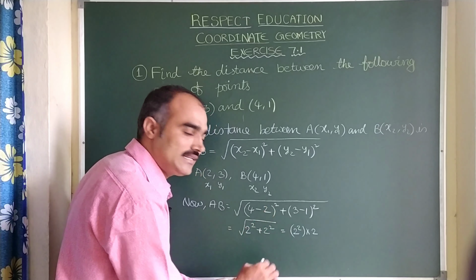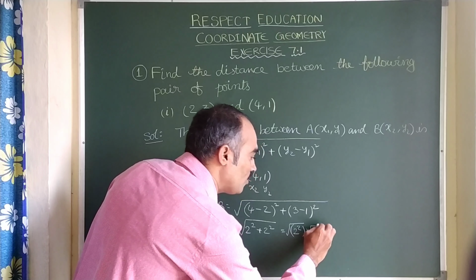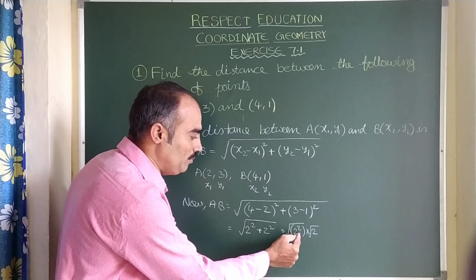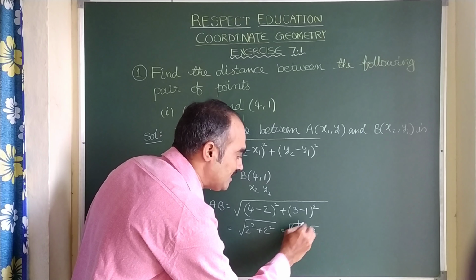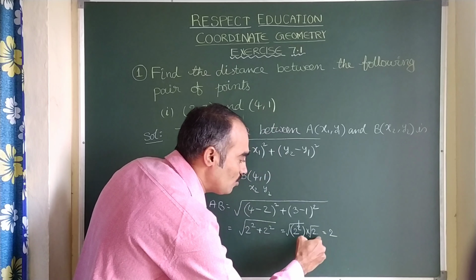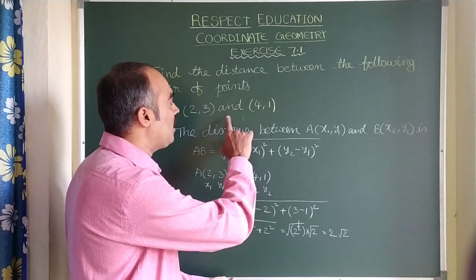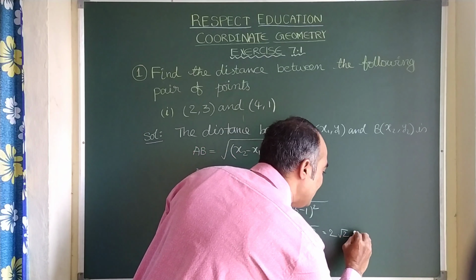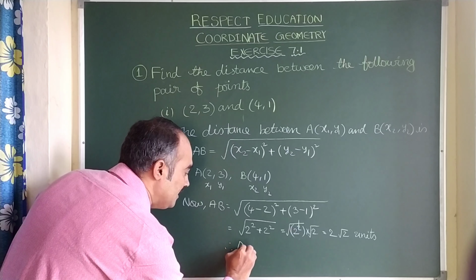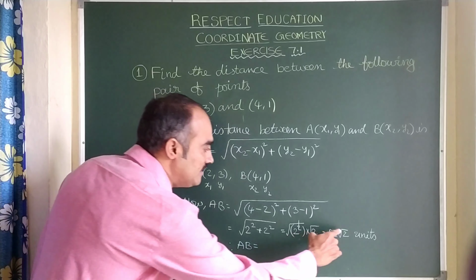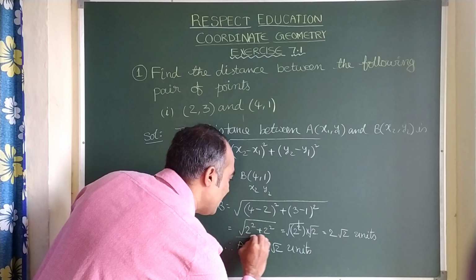Now here square root is there. It can be split for both. For 2 square, 1 root, and 2, 1 root. You see, root of a into b can be split as root a into root b. So here square and root get cancelled. Here you will get 2 and this root 2 will be as it is. So it is 2 into root 2, can be written as 2 root 2. So here we can't write centimeters, meters and all. We write here units. So finally, therefore, the distance between A and B, that is AB, is equal to 2 root 2 units is the final answer for